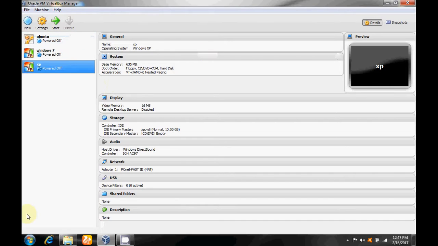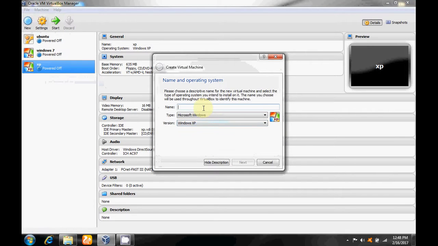First of all, you have to start the VirtualBox manager. We have to create a new image named Windows XP. From this wizard, you have to type the name of the virtual machine.